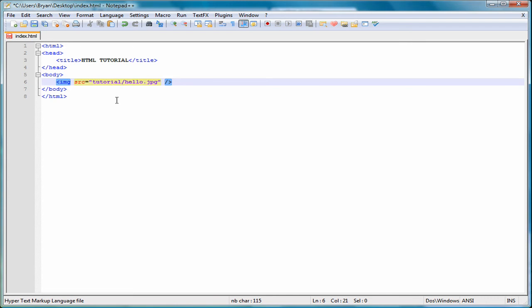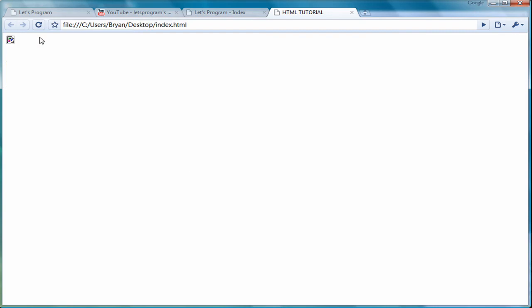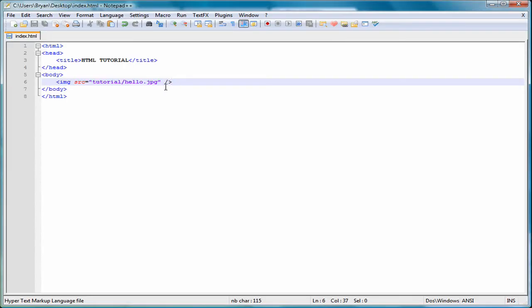and that would be as saying I had a folder on my desktop named tutorial with the file of hello.jpg inside of it, but I don't. So if I were to save this, you notice it just gives me an error that the image wasn't loaded or correctly loaded. But one other thing I wanted to show you is there's an alt tag also for an image, and pretty much all attributes are